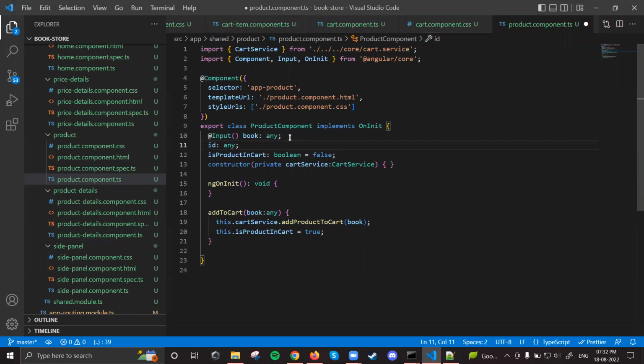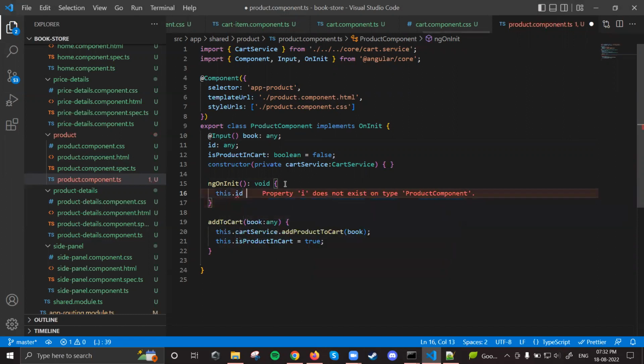In this ID I have to store the object. How do I store that object here? In the ngOnInit, when this product component loads, at that point itself, I'll set this.ID